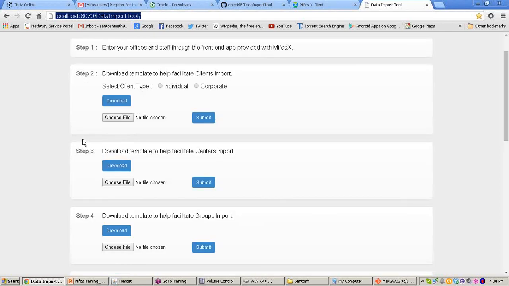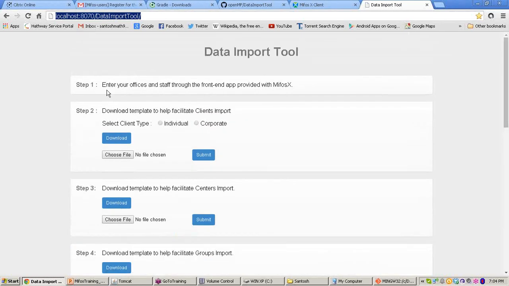As I told you in the PowerPoint presentation, you cannot create offices and staff for those offices. You have to do it using the front-end app, the community app provided with Mifos X. Consider I have already set up those offices and staff. Here you can see.